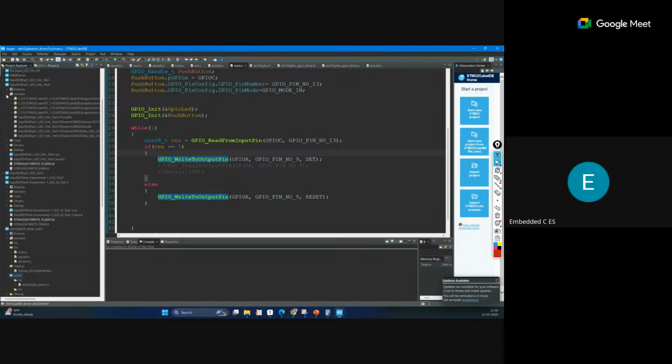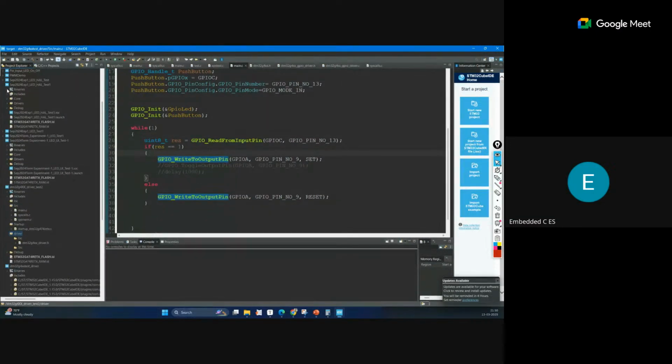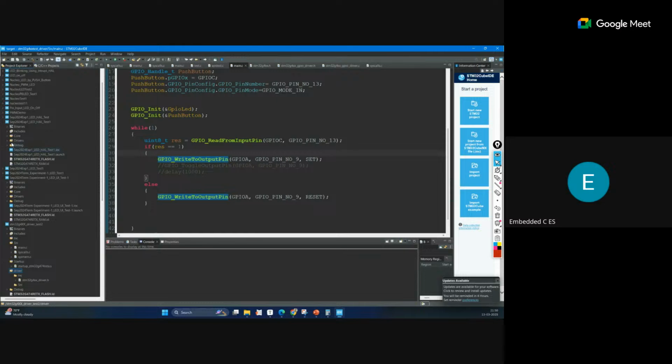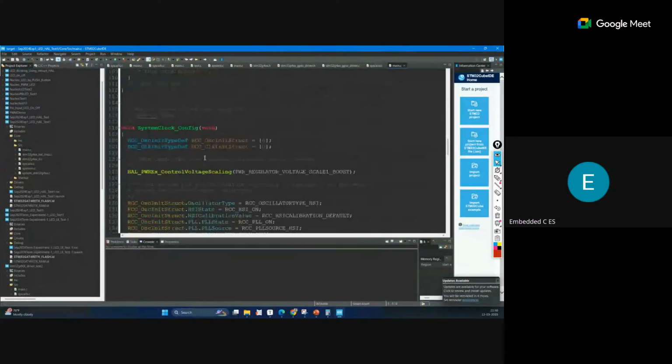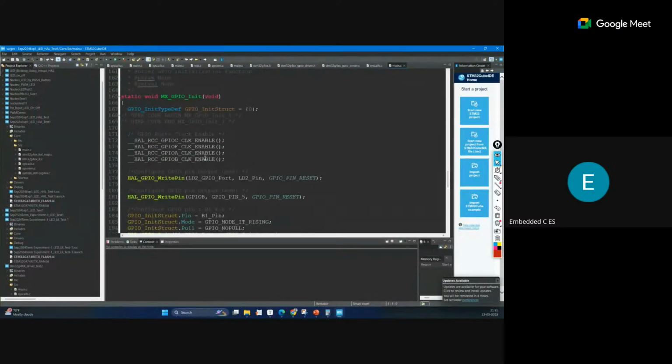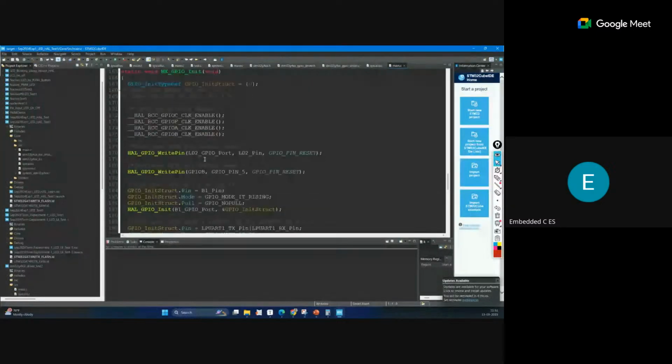So if you see where the main file is, Source, main.c. You can see inside this the GPIO function, HAL GPIO write pin.